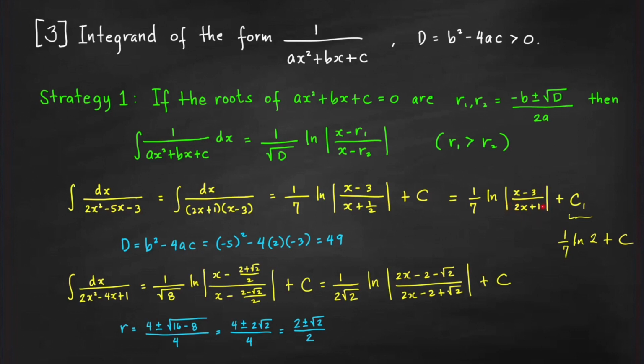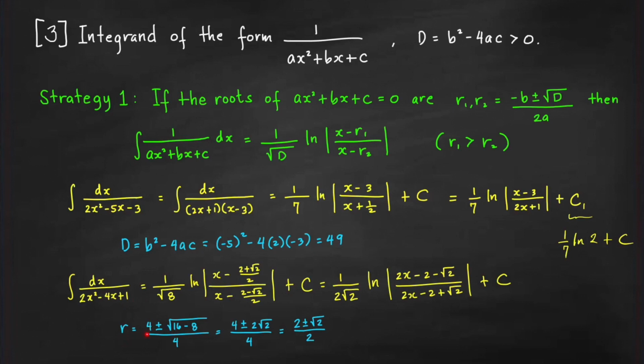And the denominator is the factor that will give you the smaller root. In this case, the smaller root is negative 1/2. Let's have another example. Suppose we want to integrate this one, the integral of dx over 2x squared minus 4x plus 1. Now, if we look for the roots of this expression equal to 0, then the root will be